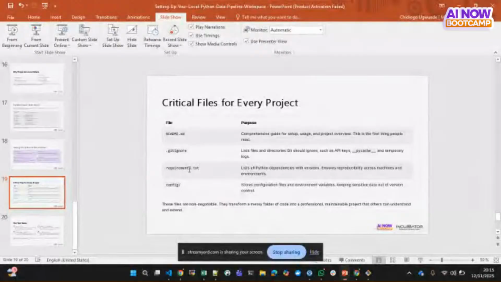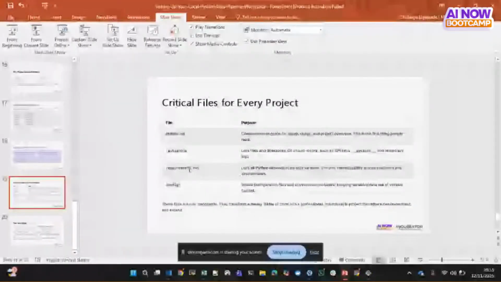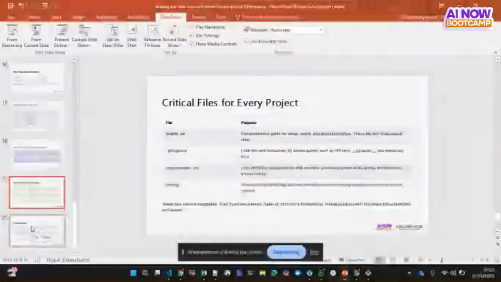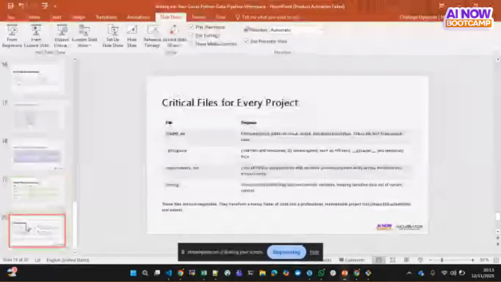So I'm going to leave this as it is because we are still going to build a project hands-on together. So you will see the real life implementation of these critical files to be added to your project, okay? So now the next step I want you to do on your own, take this as a take-home